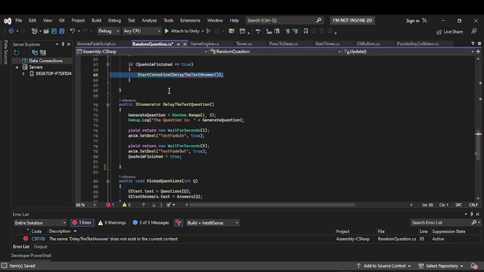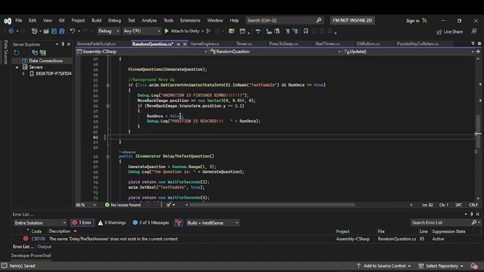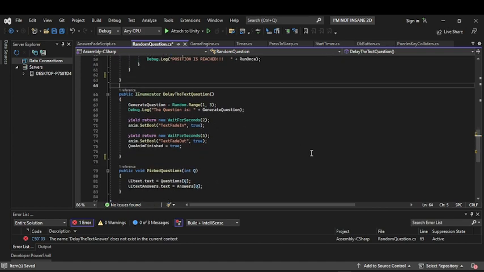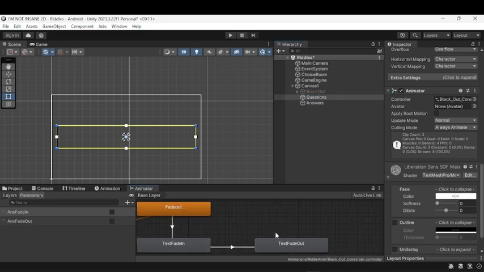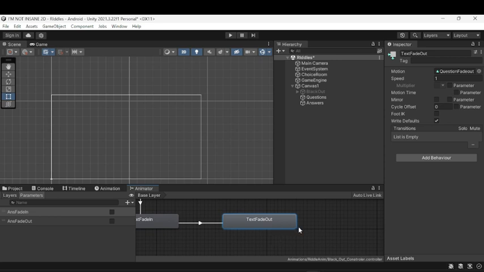This is, let's delete it. There you go. Now, after these questions, so in here the text fade out after this animation here, what we want is